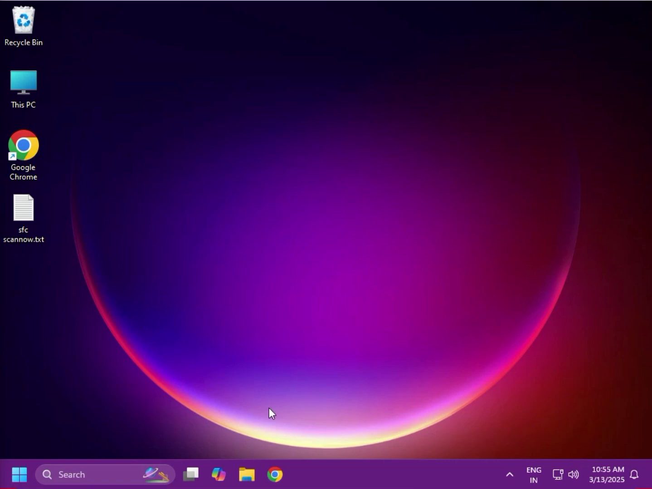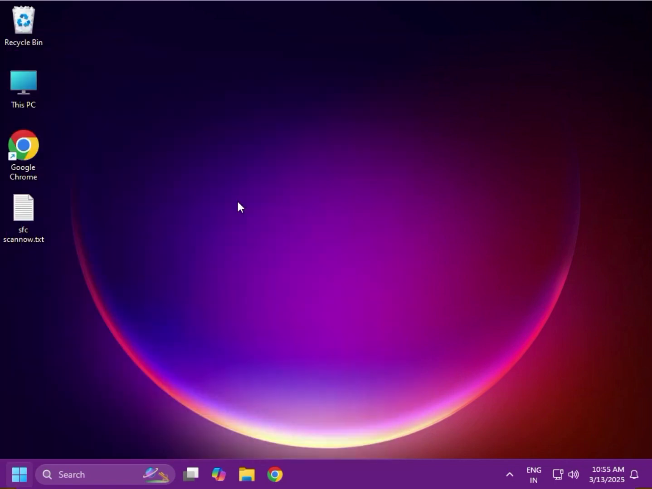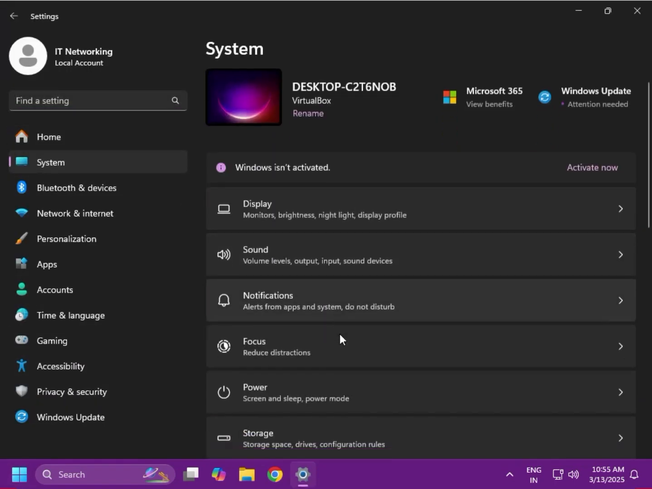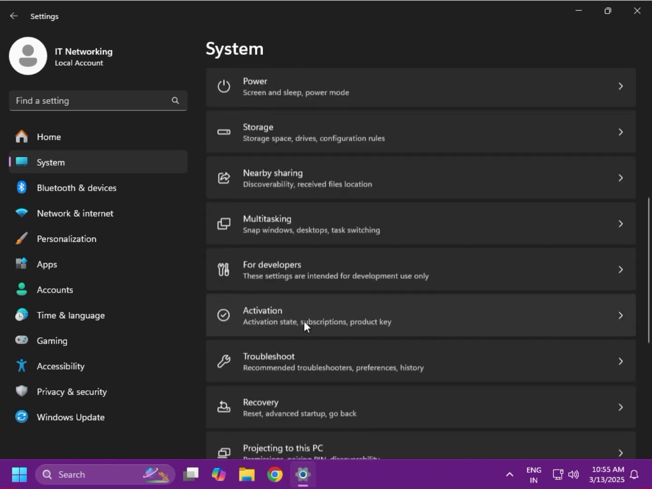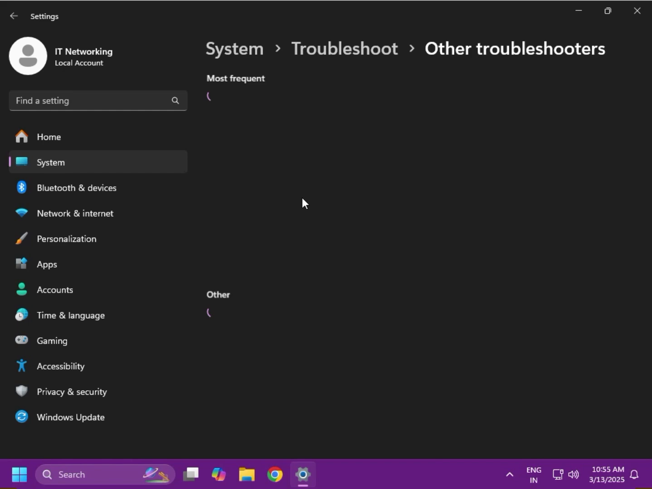So first method, Windows Store app troubleshooter. Click to start, go to settings, then click to system, scroll down, find out troubleshoot, other troubleshooters,